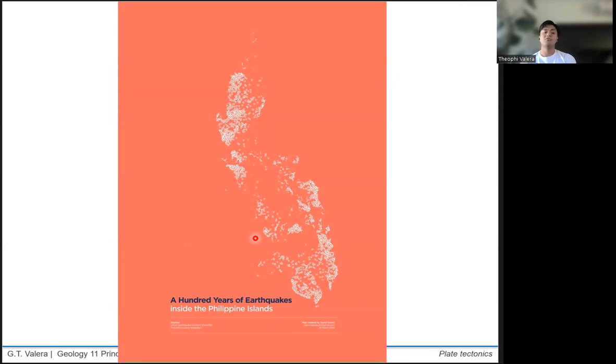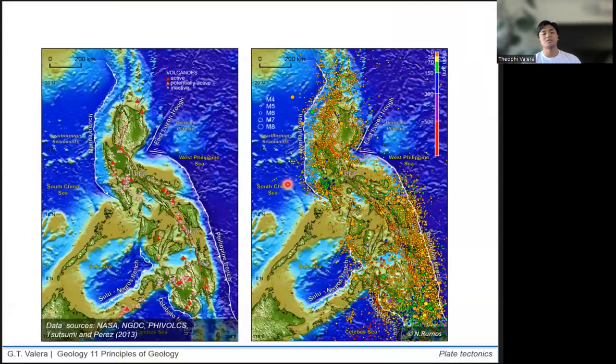As you can see, the whole Philippines is literally dotted with earthquakes bukod sa Palawan, so that you can see almost every island here, diba? And we can see that again here. Hindi lang siya earthquakes like this. Again, parang yung map before. This map shows the different epicenters of earthquakes at different depths. And this, of course, are linked with volcanoes. So you can see here, you have arcs being formed because of subduction zones in either direction. In the west, you have the Manila Trench, the Philippine Trench. In the west muna. So yeah.